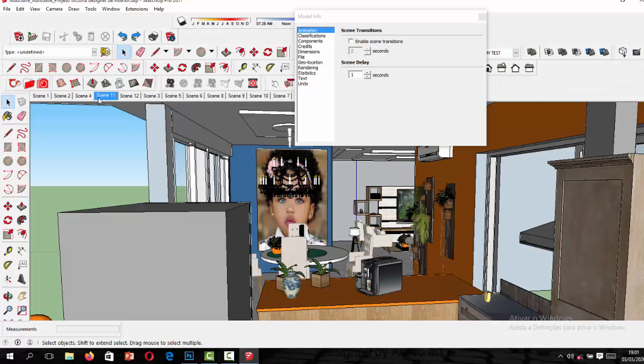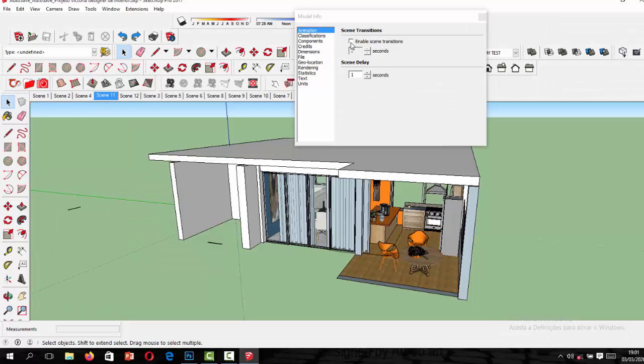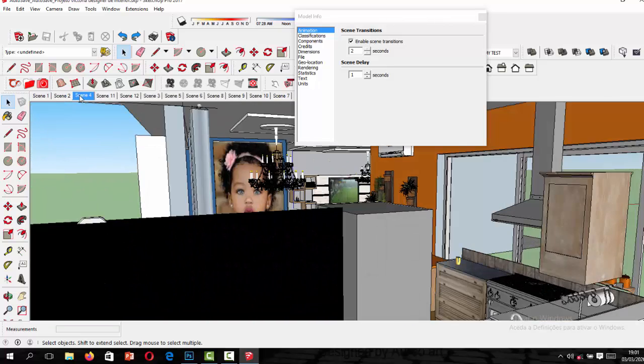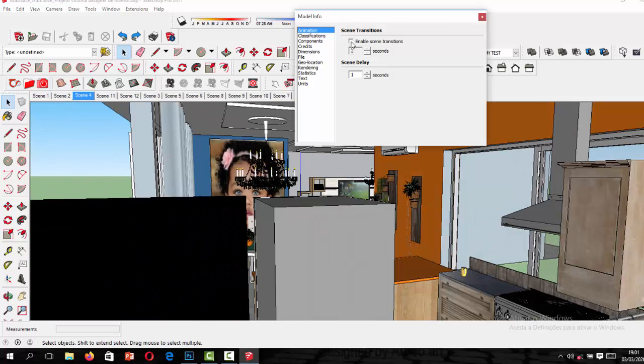And you know why? Because I removed the option enable scene transitions. I'm going to put it again, and now you see. Okay, where's the difference when it is removed and when it's not removed? Enable scene transitions. Usually you can remove it when you want to keep a scene as a photo, even though